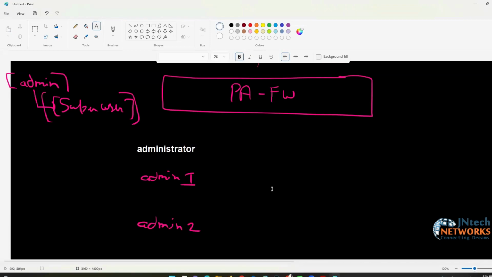So these are the administrators. We can create multiple administrators, but to define the level of access, we can create an admin profile. What is an admin profile? To define the level of access. Because